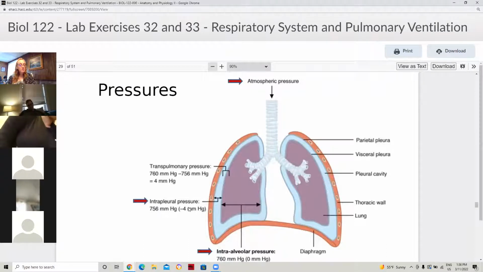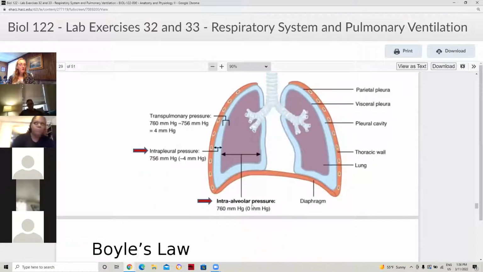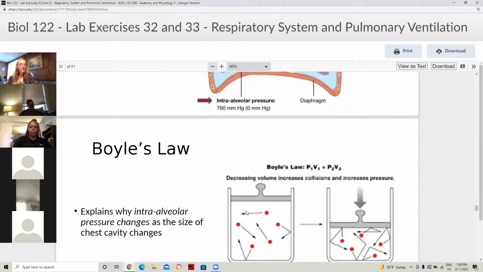Intrapleural pressure, negative pressure of 4. Intraalveolar is the pressure within the alveoli. With that in mind,